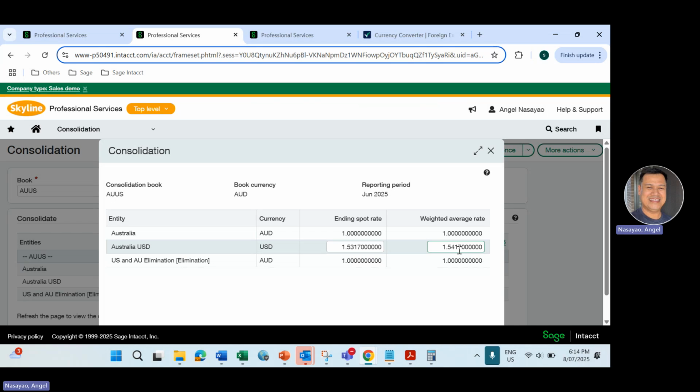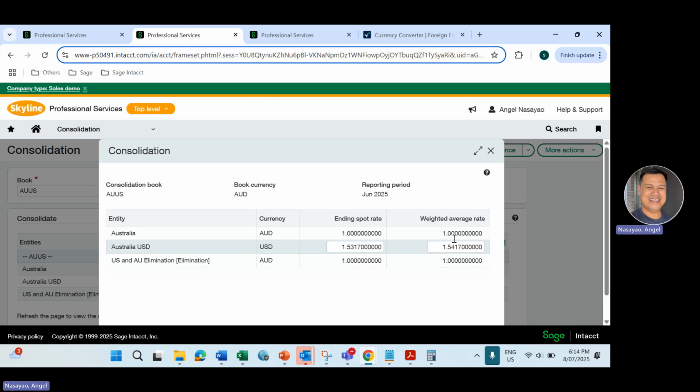So hopefully that gives you context on how ending spot rate is being determined or retrieved, and how weighted average rate is being calculated. The trick here is that a weighted average gets all the rates for the whole month, adds them all together, and divides by the number of days for that month. And as I mentioned, in my case I have 1 day prior, which is best practice for Australian customers, just to make sure that the exchange rate is already finalized first thing in the morning